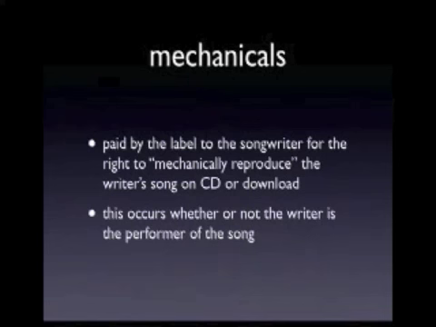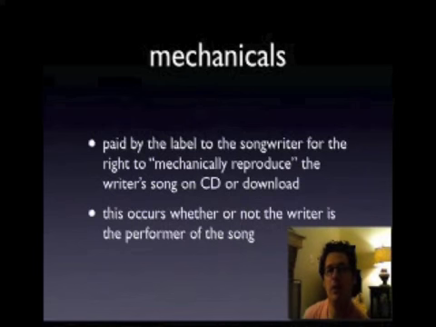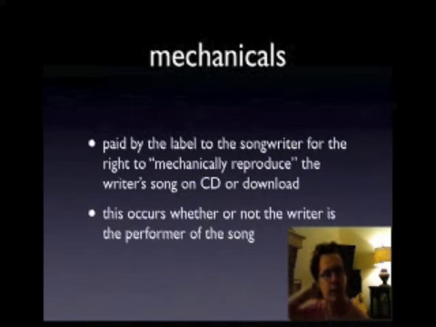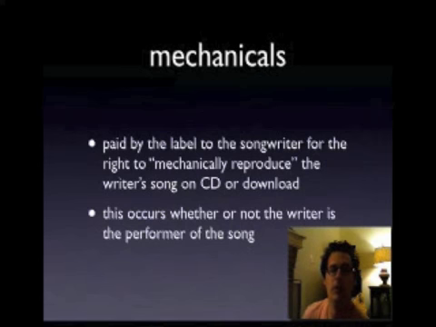Every time that record is sold as either a CD or as a download, you receive a royalty as a songwriter. So this seems a little strange now, I guess, at a time when most performers also write their songs. But think about Frank Sinatra, for example. He didn't write any of his songs. So anytime he released a record, all those people that wrote those songs got paid mechanical royalties. Now, when Beck puts out a record and he wrote the song and he performed it, he gets a mechanical royalty, and he also gets an artist royalty.